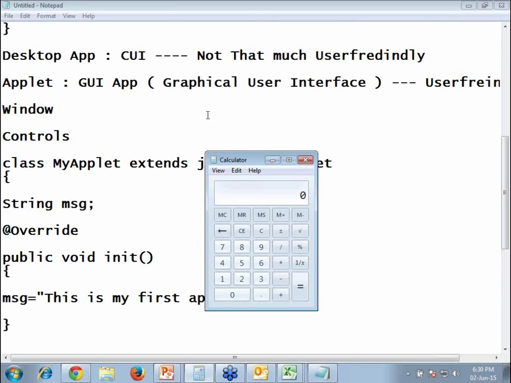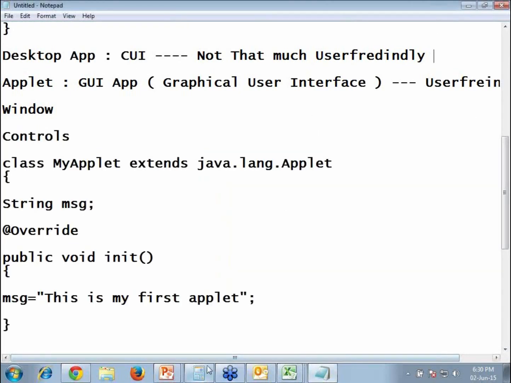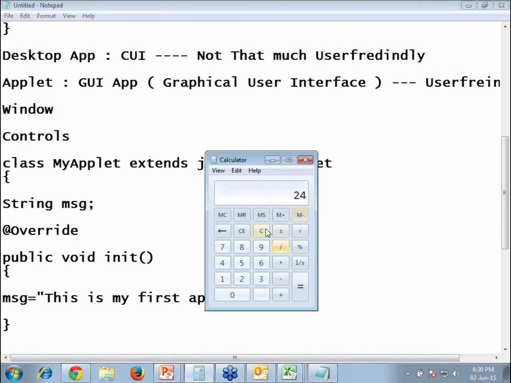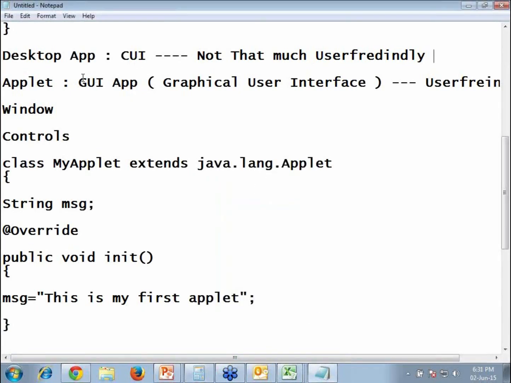Then what about the GUI? In the case of a GUI, we need not have any prompt. I can directly enter the data. Suppose I want to perform addition, I directly put down the data. In a CUI, every time you have to prompt the user. To perform addition, we require at least two numbers, thus we make a prompt. In a GUI we do not have any prompt. We directly enter the data, something like 12 plus 12, and it makes 24. So these are some of the best features of a GUI.